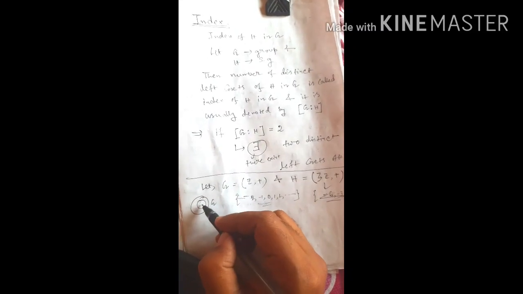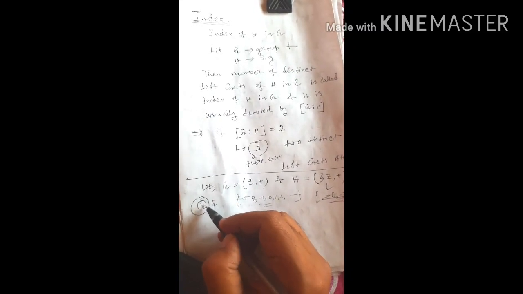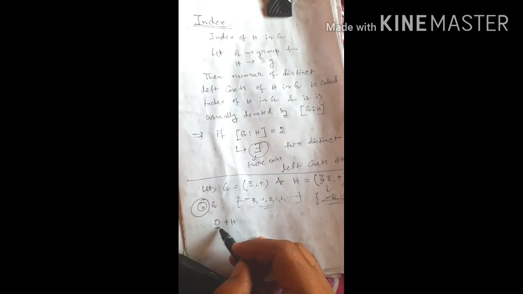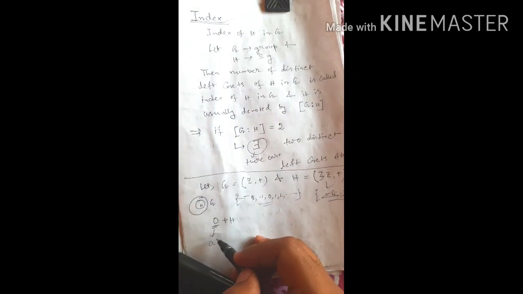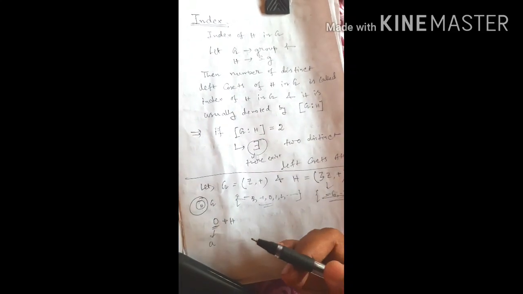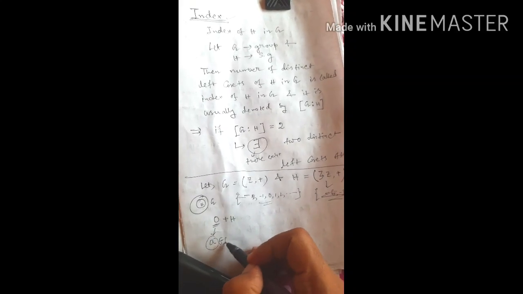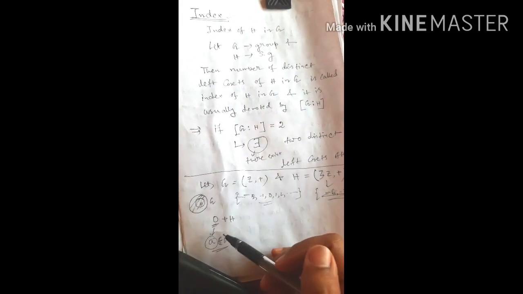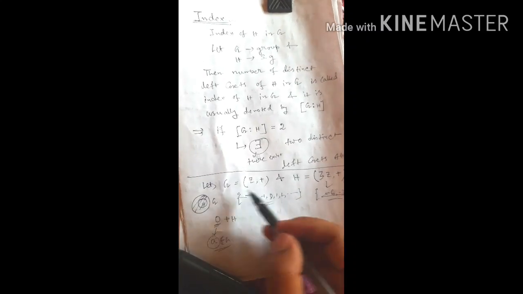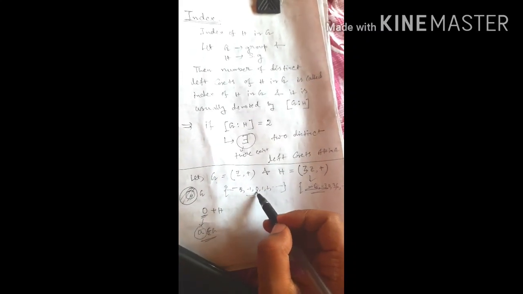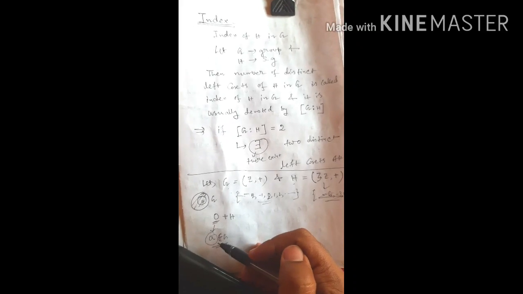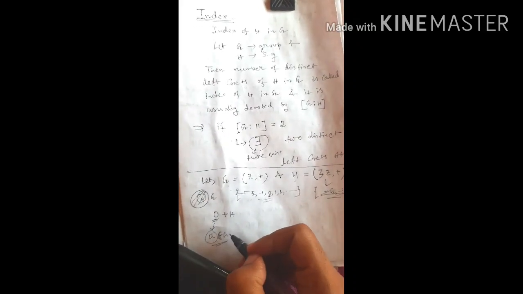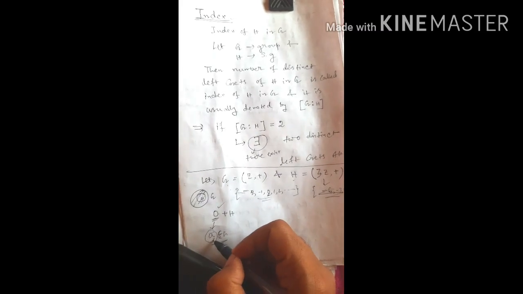Here you can see that this is G, and here is H. What we already said is that for an additive group, for the element A, A plus H is the left coset, where A belongs to G, anywhere in the whole G. We can already say that 0 belongs to G, as well as 0 also belongs to H.